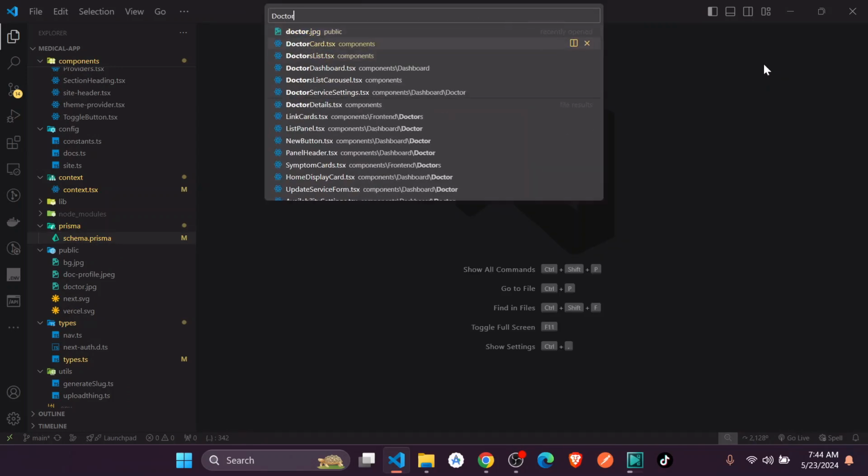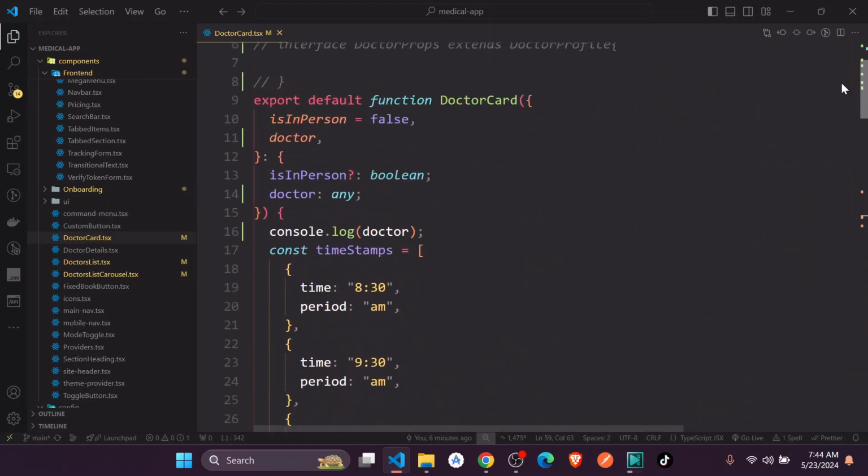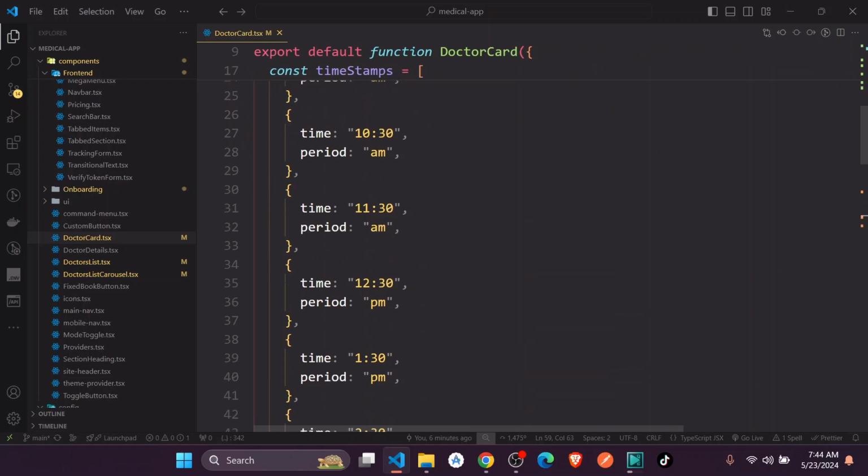So we have the doctor card here. So what I will have to do is eventually